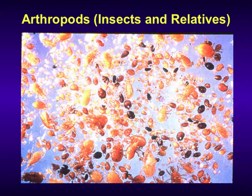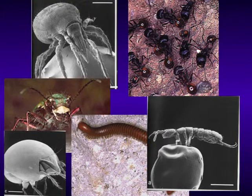Talk a little bit about insects and relatives of insects. This was a soil sample, and they actually washed all the insects and insect-like fauna out of the soil sample, and this was what's left. So there's a tremendous amount of insects within the soil also. And they include everything from things that are microscopic insects, and these black and white pictures are taken through an electron microscope, and these are springtails,